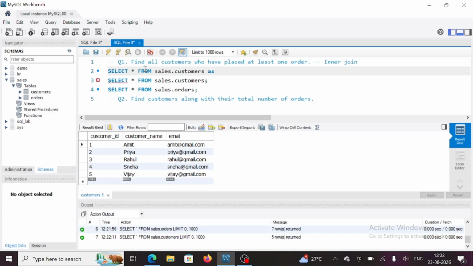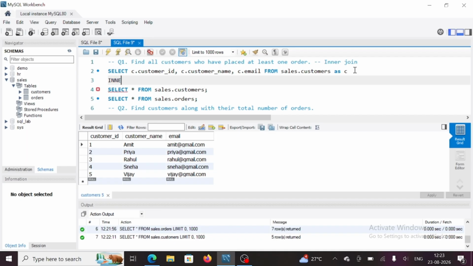Then as alias name we have to give C for the customers, and then all columns from the customers table, guys: C.customer_id, comma C.customer_name we will take, then comma C.email we will take. Okay, and after that we will use inner join with which table we have to perform, with sales.orders table